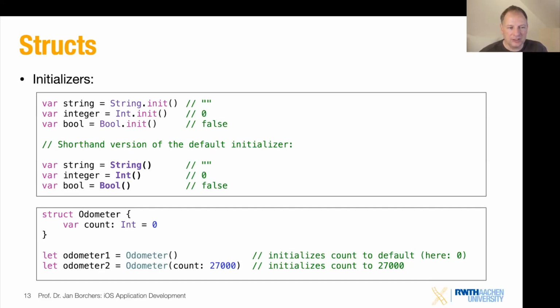Notice that technically we're not telling Swift what type it should be. We're not giving it a colon type declaration here, but because it's assigned a value that is an initialized String struct, we know that this variable will also be of that type.